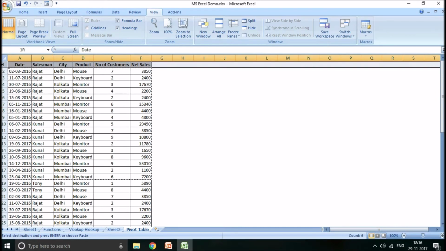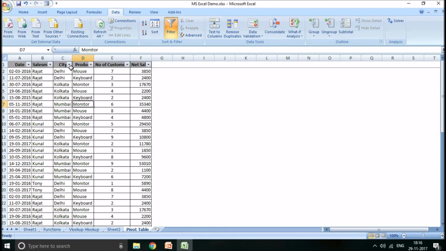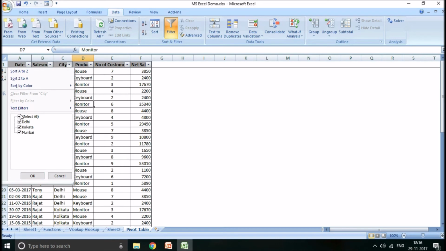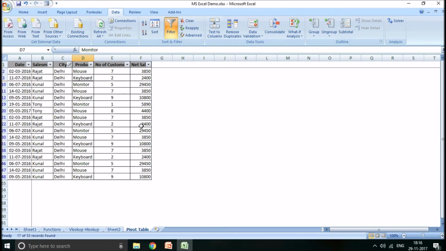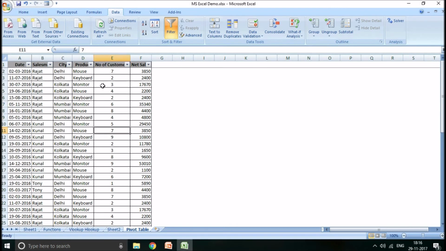If I want to filter this data, select the top row, just go to data and click on filter. So now you can filter any column you want in any way you want. Say for instance, in the city, instead of all the three, you just want to look at the data of Delhi, you can select Delhi and say OK. Now the other data is not deleted, but it is just hidden so that you can see only Delhi. So you can again click on city, select all, then say OK, your entire data is still there.